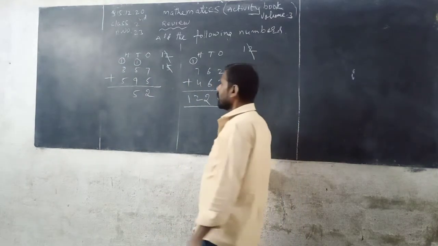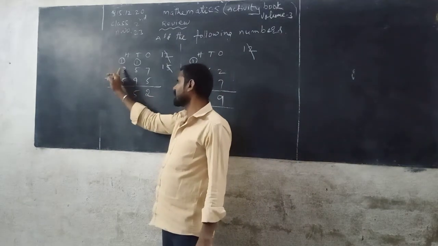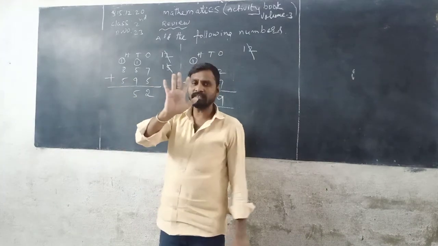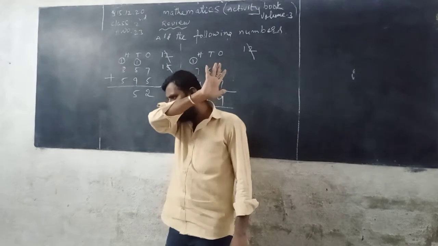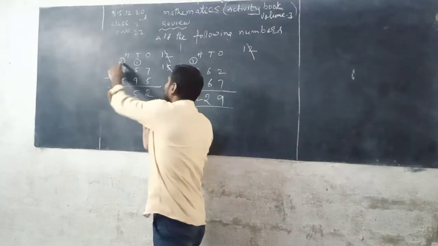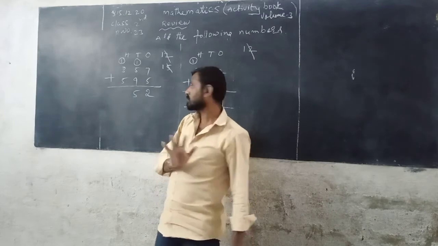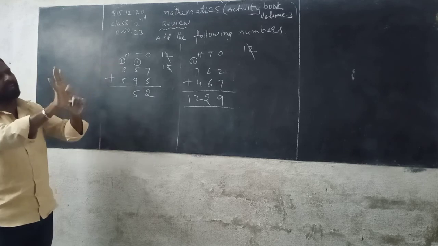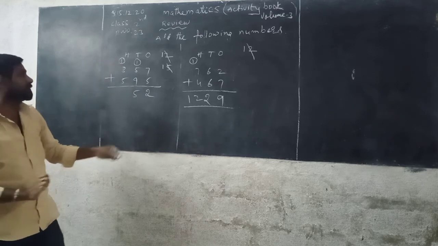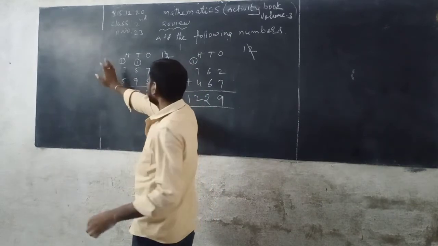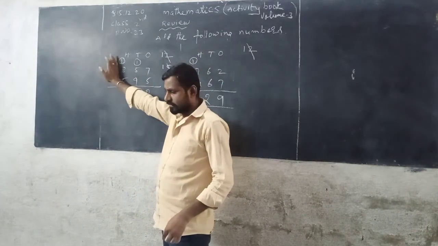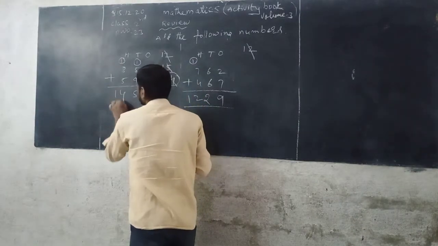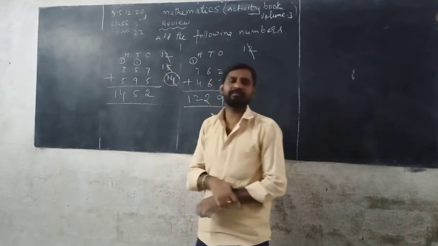Look at the blackboard. Now next, add the digits in hundreds place. 1 plus 8, 9. 9 after, how many fingers can you count? 5 fingers. 9 after 10, 11, 12, 13, 14. See here, there is no carrying because this is the last place of the given number. You can write 14 directly. So sum is equal to 1452.